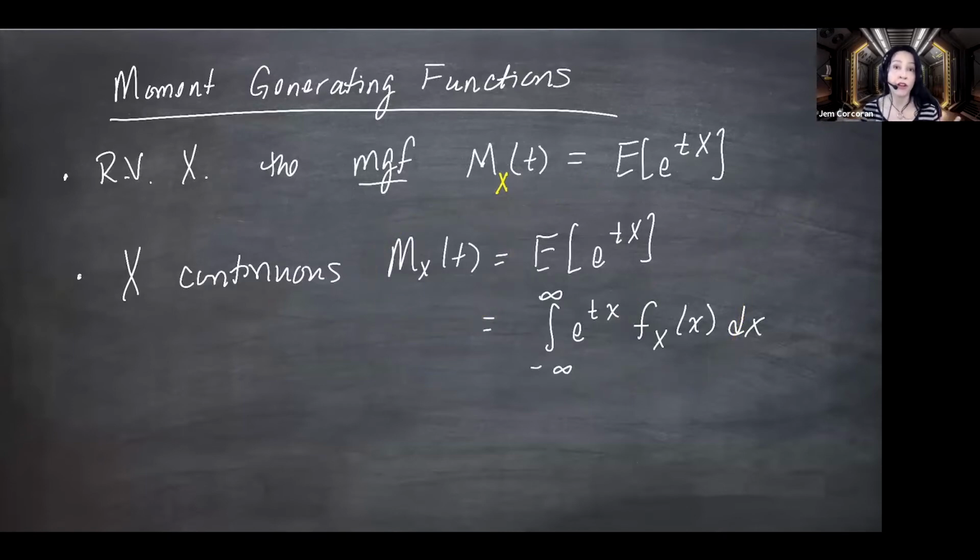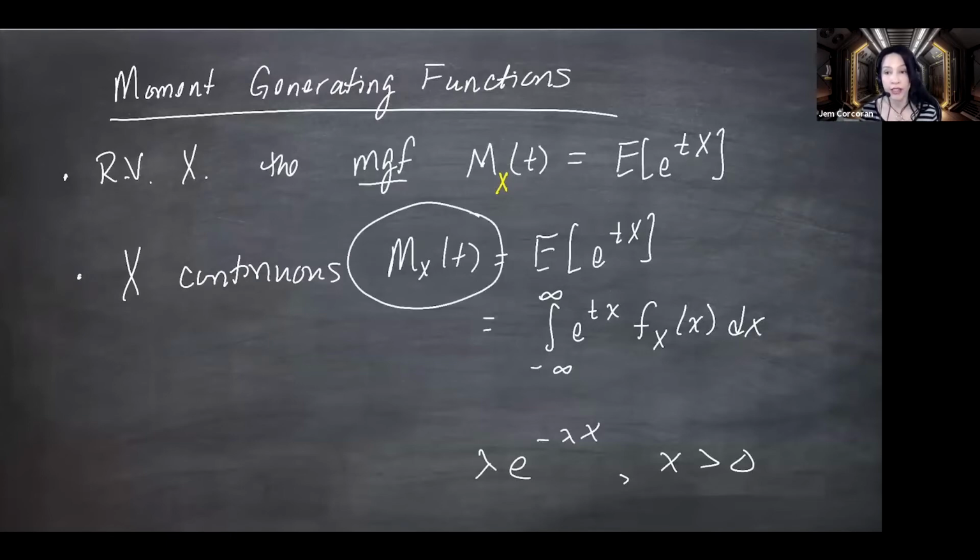For example, how are you going to know if something has an exponential distribution? If you write down the PDF and it looks like lambda e to the minus lambda x, then it has an exponential distribution. We usually identify them by PDFs. But I'm claiming here that if you have two random variables with the same moment generating function, they must have the same PDF and therefore the same distribution.